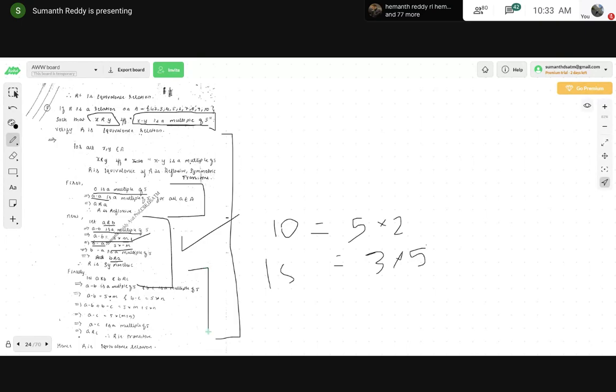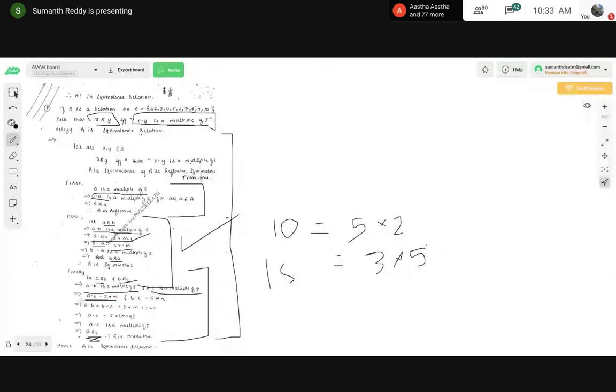So coming to the last property, that is transitive. I have taken a related to b and b related to c, and I need to conclude a related to c. In order to get this conclusion, again as per the definition of the relation, whatever he has given, if a is related to b, I can write a minus b is a multiple of 5, and b minus c is a multiple of 5. As I said, if a minus b is a multiple of 5, then 5 into some number should give you a minus b. So that is what I have written here.